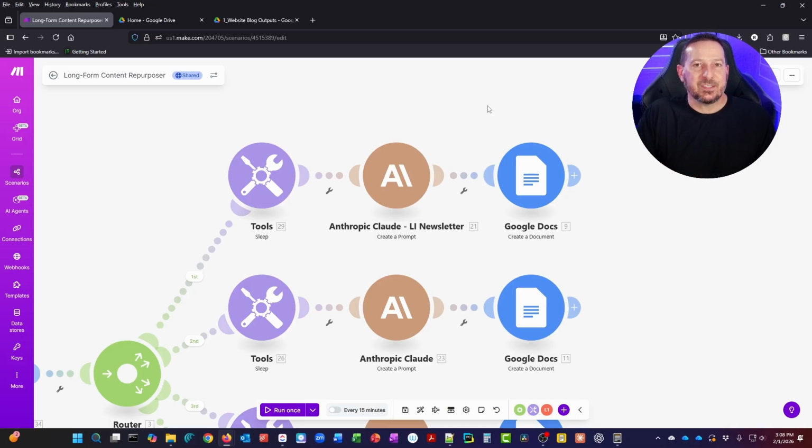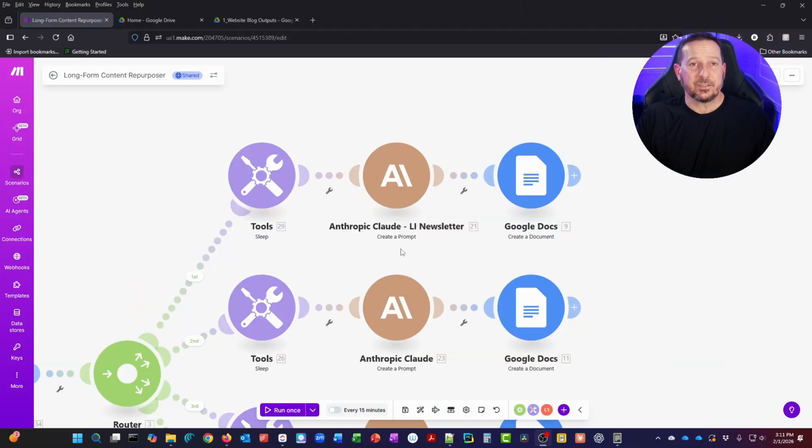The 75-second sleep module ensures that we get a fresh token limit for each content creation path. By the time we start the next path, the rate limit is reset and we can process everything smoothly. It means the whole workflow takes about 6 to 7 minutes to complete in reality instead of 2 minutes, but it runs reliably every single time without errors.